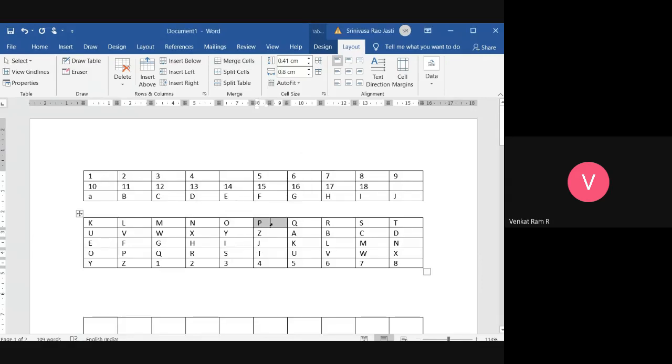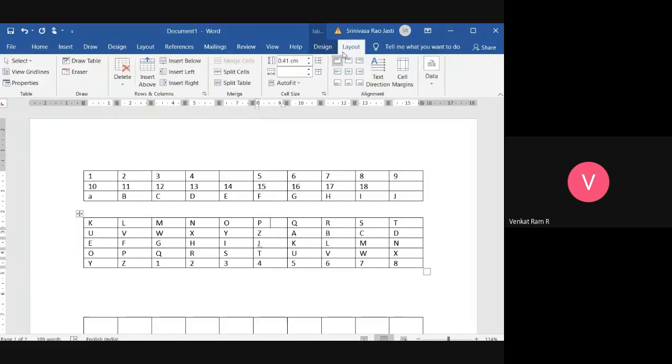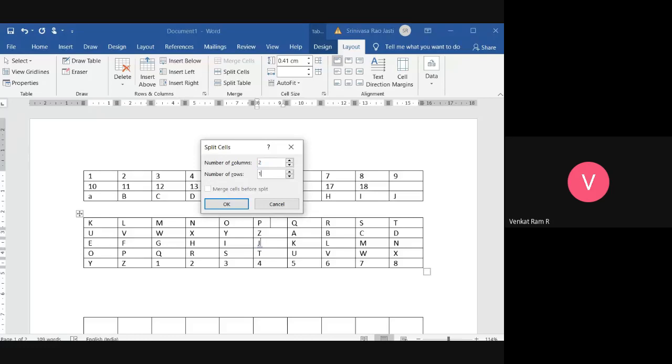See here, in one cell itself, it has divided it into two. So if you want subcells in your table, then you can use this one. For that, go to the layout tab and click on split cells. If you go to split cells, it will ask.